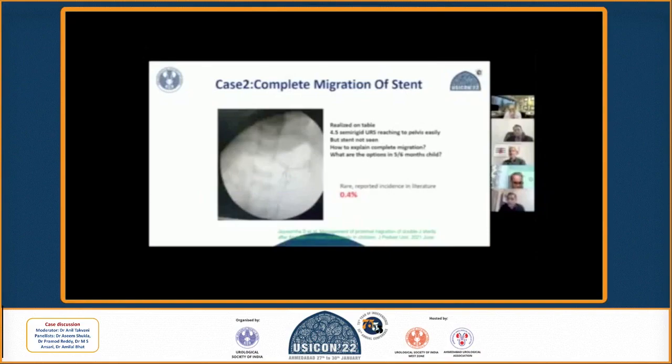The only thing is that I never talked about this option to the parent, and my anesthesiologist was also not prepared at that time. We thought it was a very small procedure: take out the stent, and by evening, after 5-6 hours, the patient will go home. But it is reported that the chances of a couple of days of urinary leak are higher with the no-stent cases. In those circumstances,